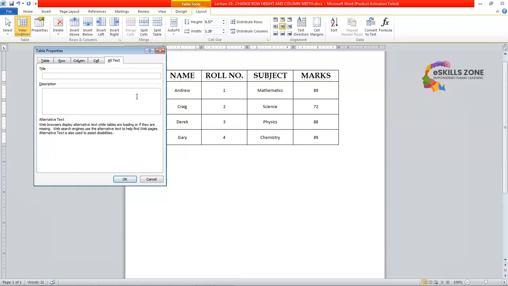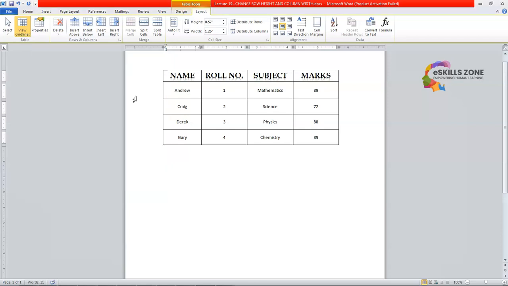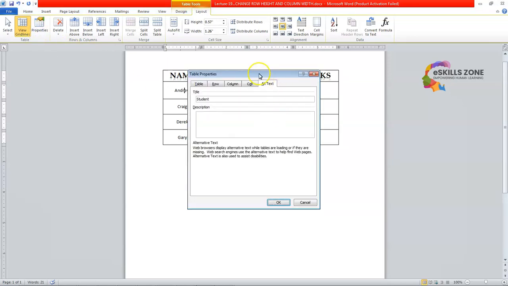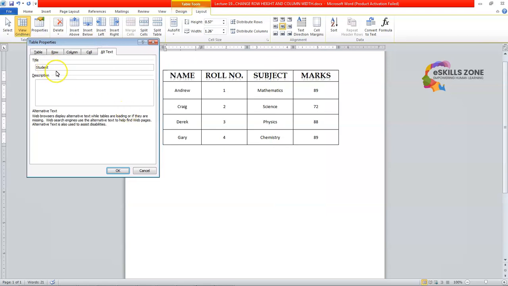If I give any title like Student Table, a name of student, then viewers, you can see that now the table can be given a description. It contains information of students,